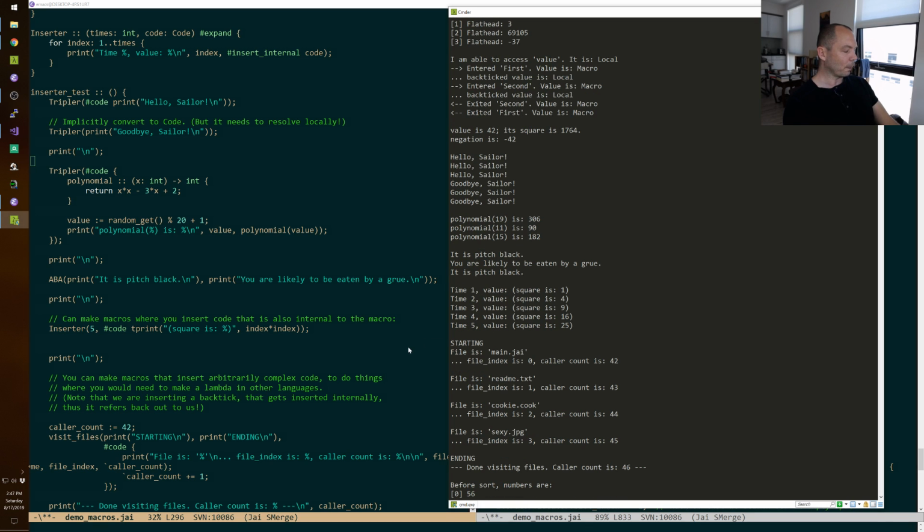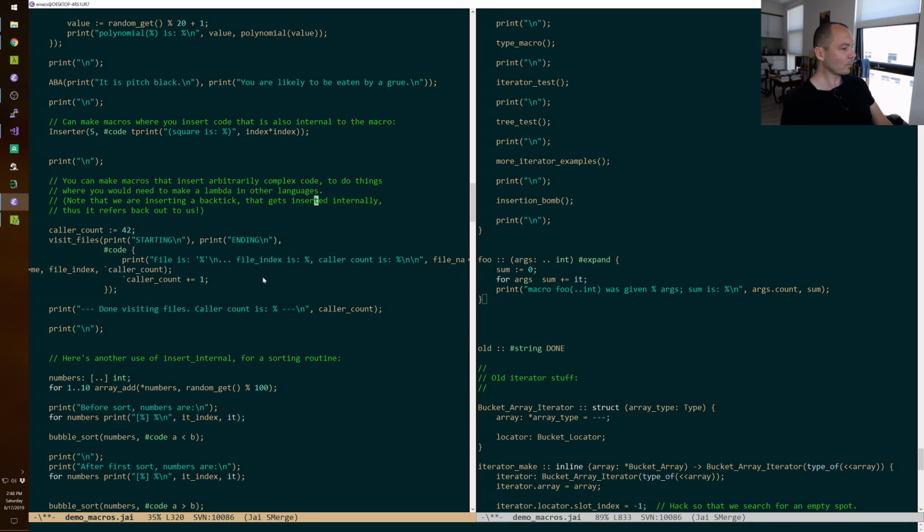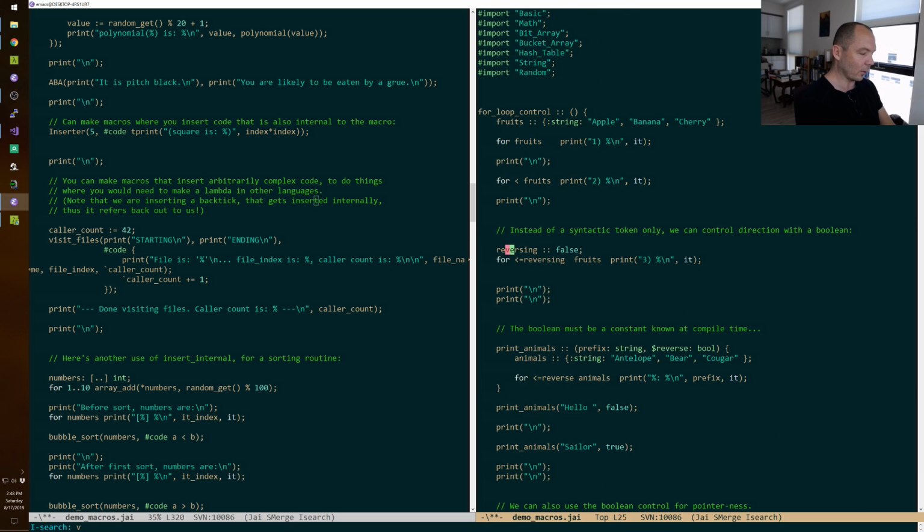Okay. Why do that? What's the point? Well, again, instead of getting all functional programming brain, where you make a function that takes other functions as arguments every time you want to do something, and so those pieces of code have to be all super encapsulated, you can make macros that are just designed for you to fill in little pieces, almost like you're copy and pasting code into the macro at the site, right? And so here we have one called visit files. It's, again, maybe not the best example, but